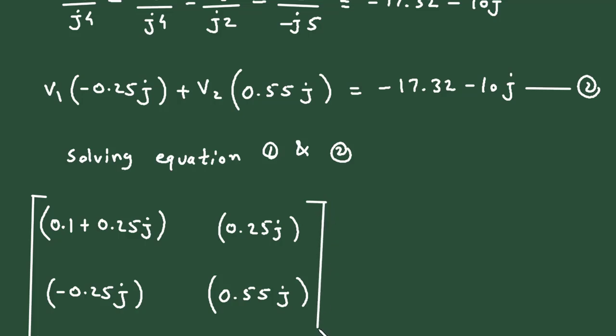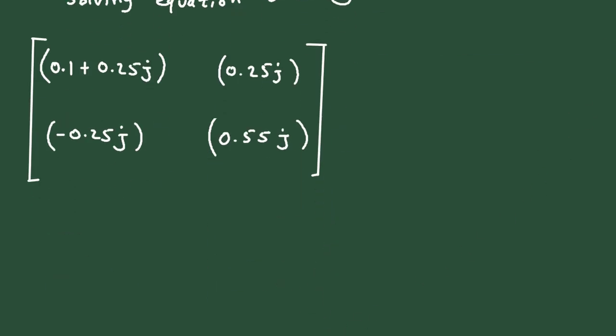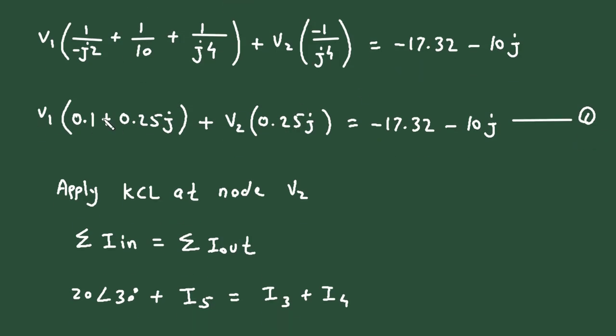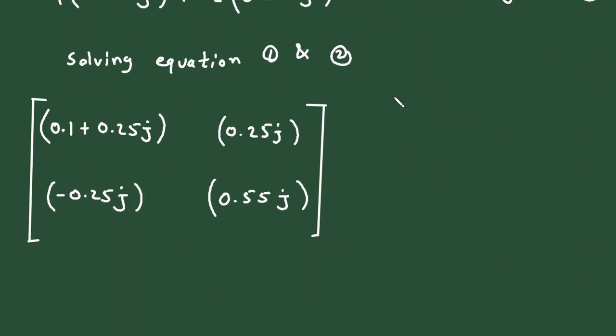Then next we have to find the two unknowns, which are V1 and V2. So here it will be V1 and V2